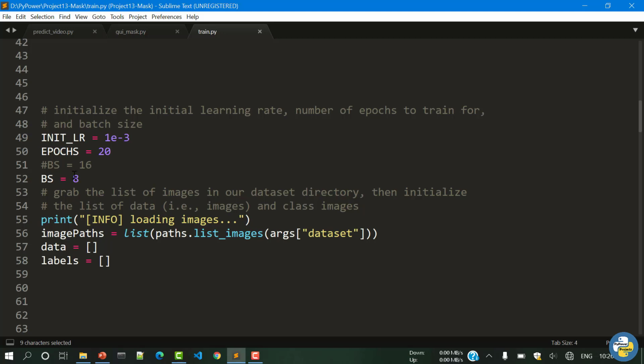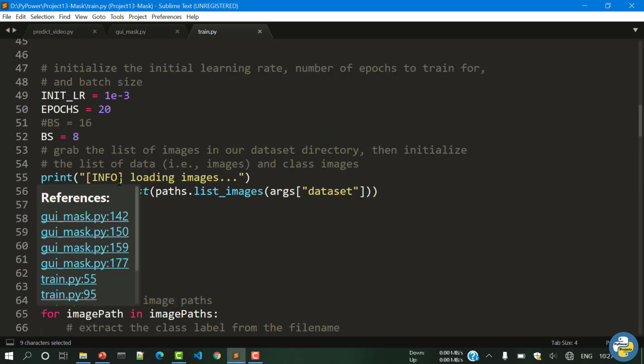Third is the batch size. What is batch size? It is not that our model will see each and every image individually and then store the embeddings. It will group 8 images together, and it will train the model based upon that group of images. So this is the batch size. Here we have set 8 as our batch size. You can set 16 or 20 or 4, based on requirement.